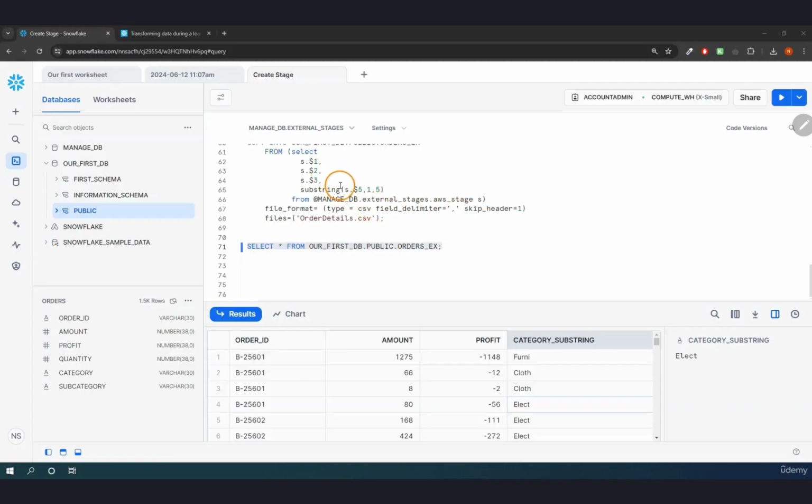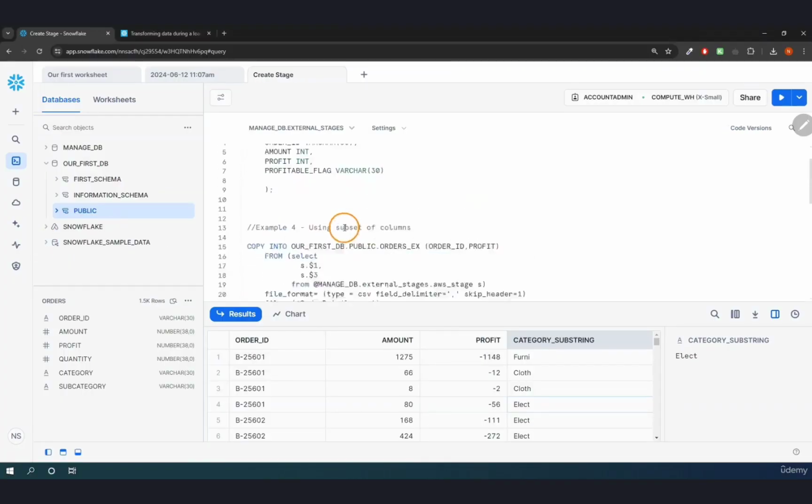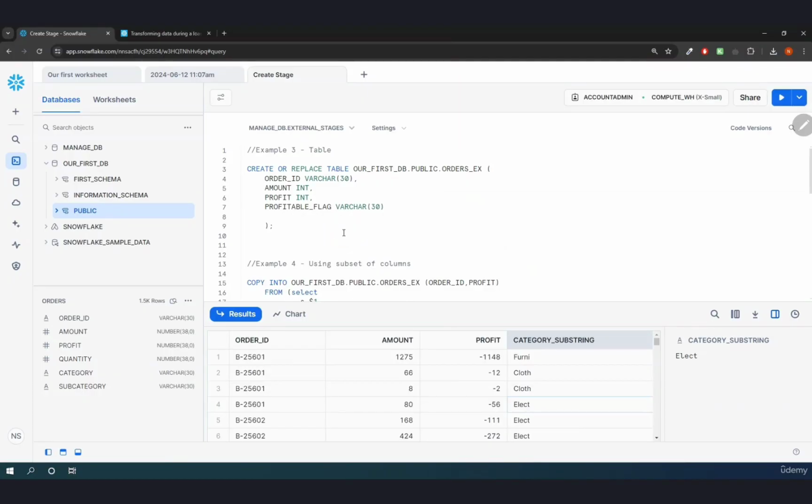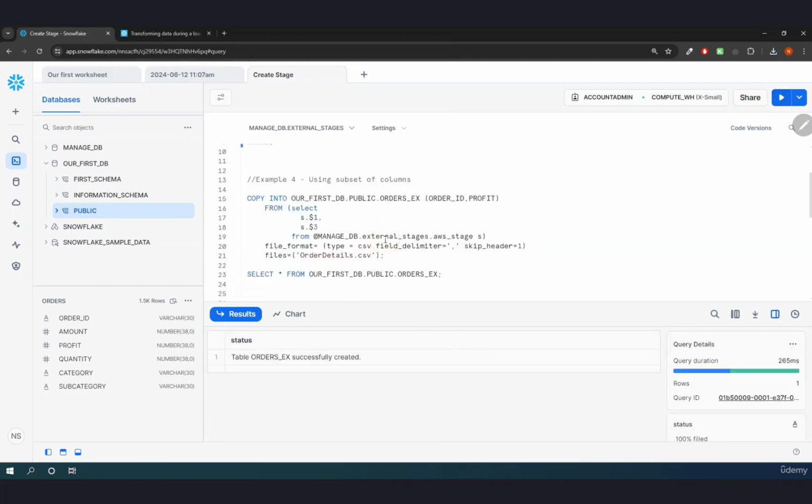Let's now have a look at more transformations and options that we have available. So what are some more important techniques in the copy command? So this is something that we also should be aware of. First of all, we want to reset our table. So I created it from scratch. And what we now want to have a look at is using only a subset of columns,